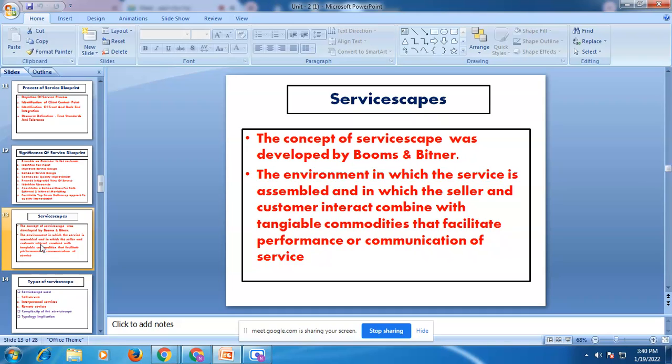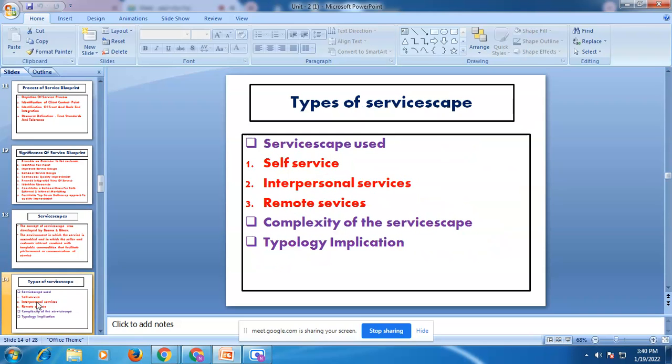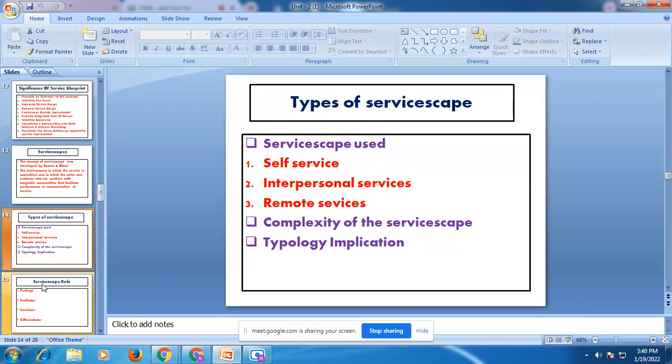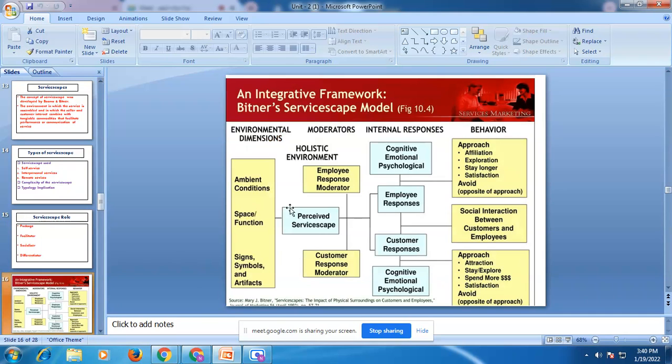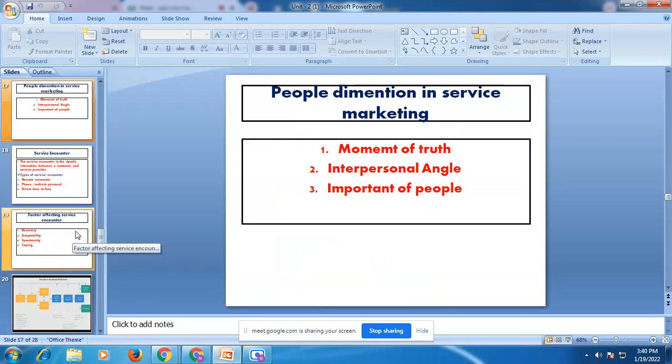chapter, the servicescape: the meaning of servicescape, who developed servicescape, which is Bitner and Booms, then the types of servicescape on the basis of their use. Then the servicescape role, and the total procedure of servicescape, that is an integrative framework by the Bitner servicescape model. And